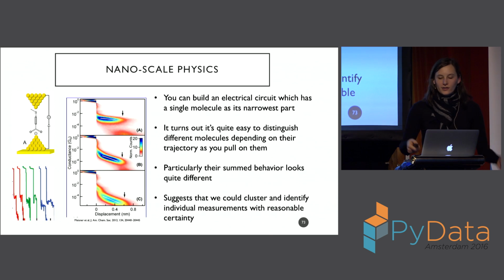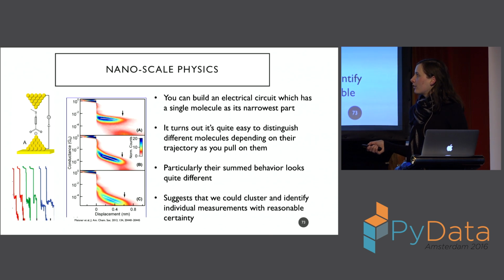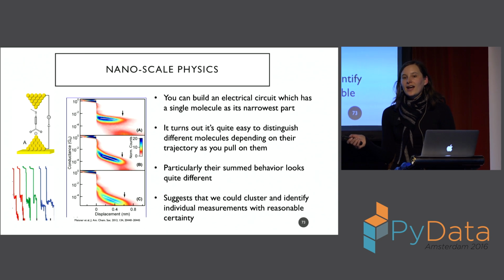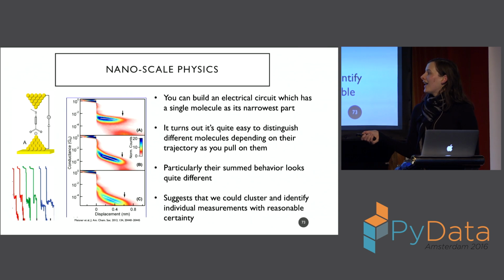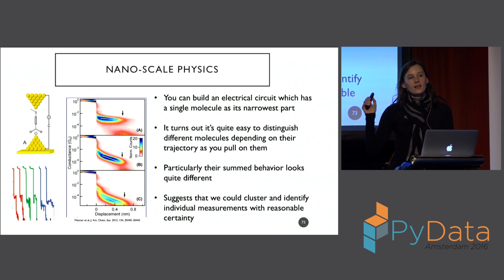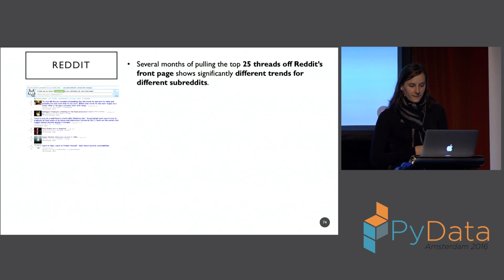This is another example. I'm just using personal data I've come across. I used to work in a nanoscale physics lab, and what we would do is pull on molecules and measure what the electrical signal looked like. These are color-coded here, but if you think about these as a time series, the time series behave differently for different molecules. And what we do is add these up into these two-dimensional histograms, and you can see that you have very distinct clusters of time series, in this case with a physical basis.